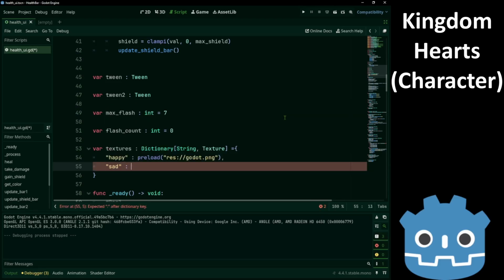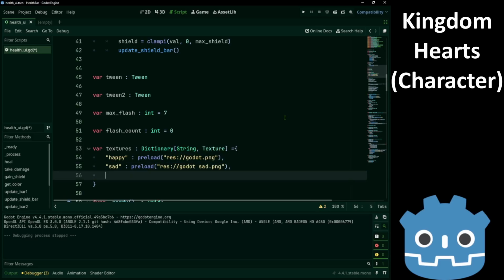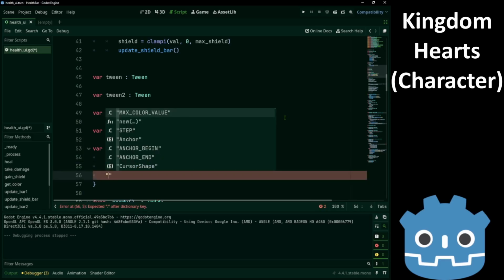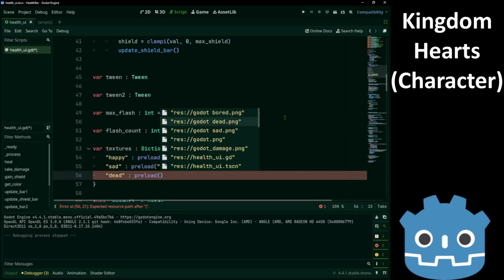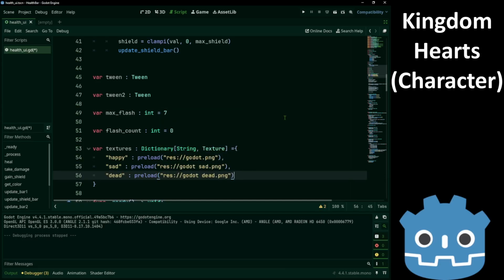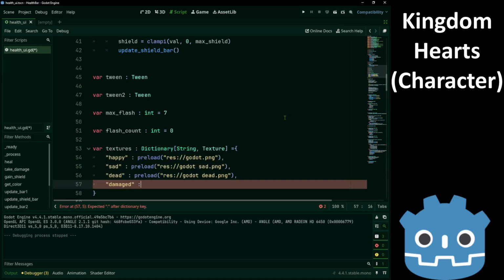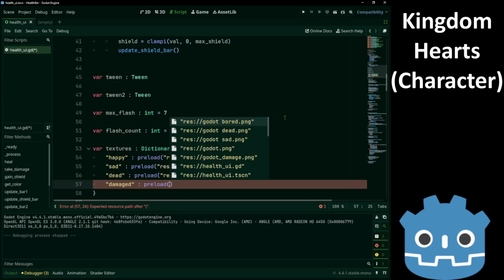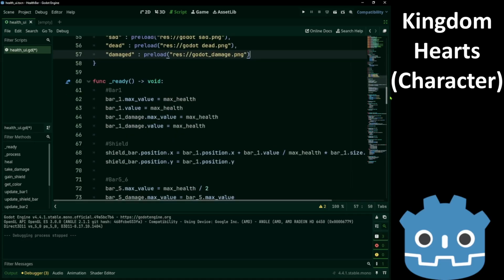Sad, preload Godot sad. Dead, preload Godot dead. And damaged, Godot damage. Okay.